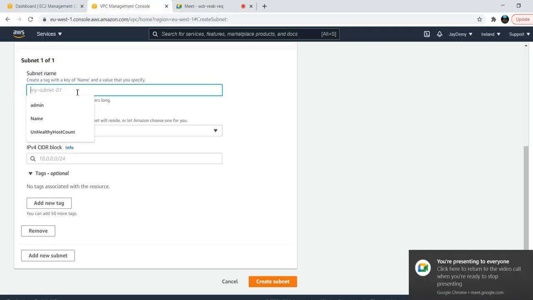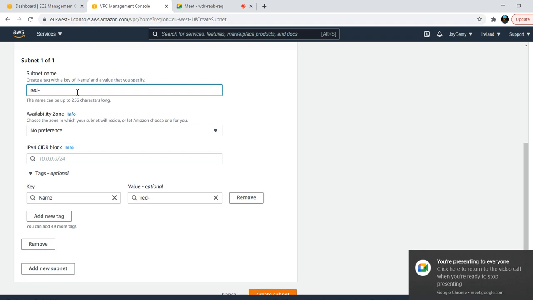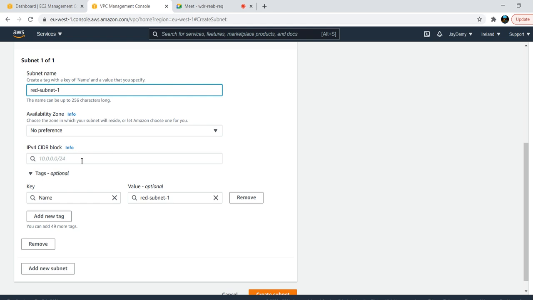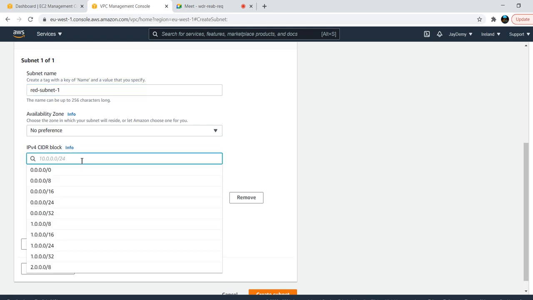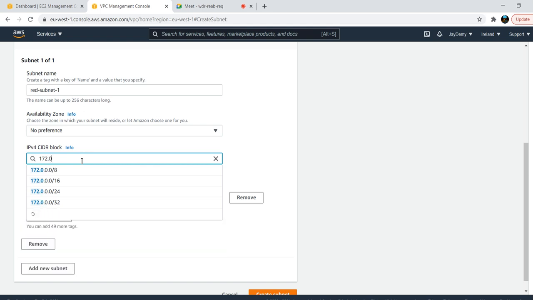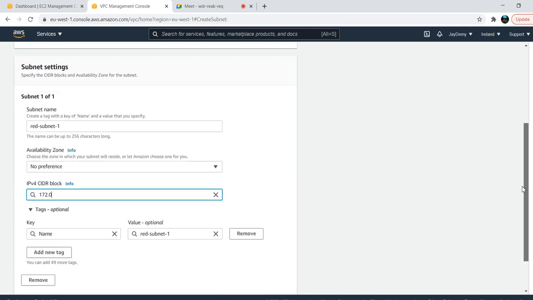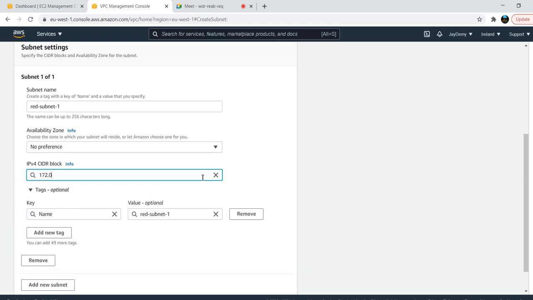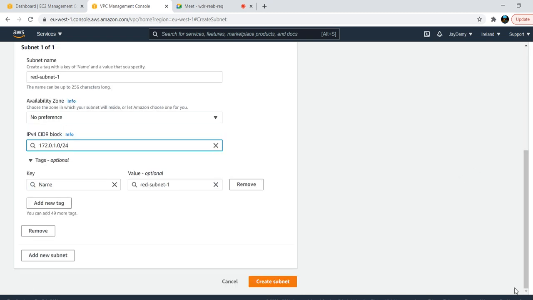So we are giving a name for this one, red subnet one. Any availability zone, because we are going with only one. 172.0.1.0/24 I'm giving for this subnet, and I'm creating this.